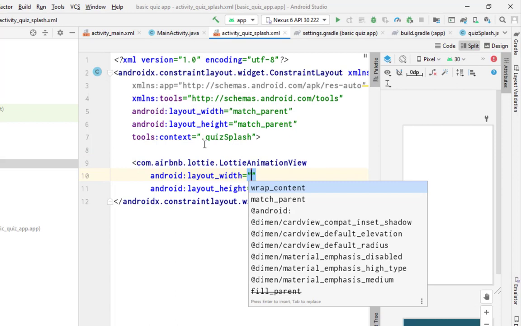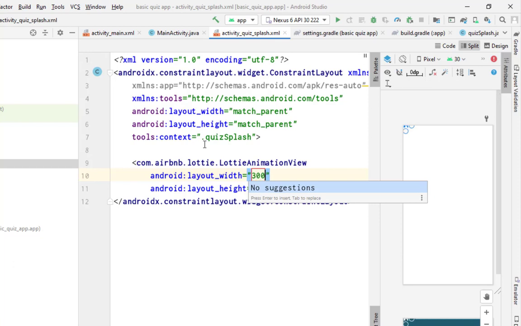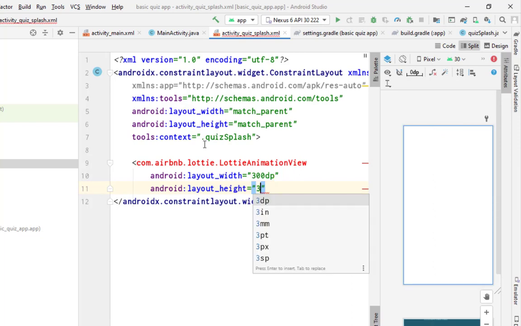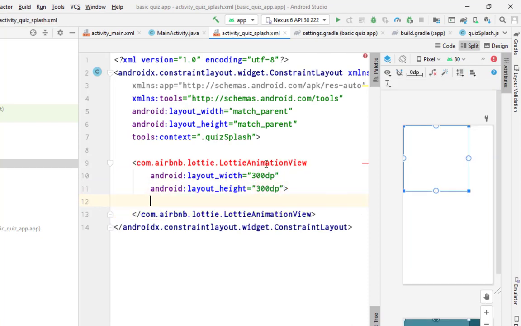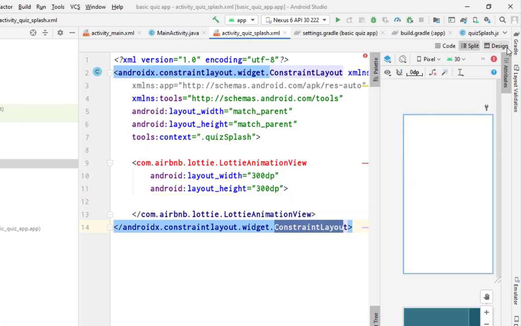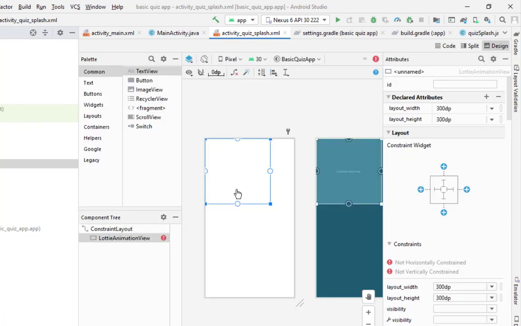Lottie animation view is a view which will display animation, and I will set the width of this view to 300 dp and the height also 300 dp, and that's it. It will give us some error because it is a constraint layout, and therefore we have to give it some alignment, some positioning.